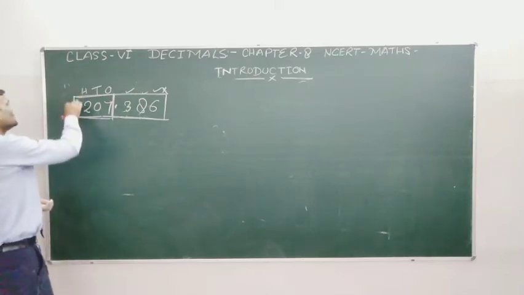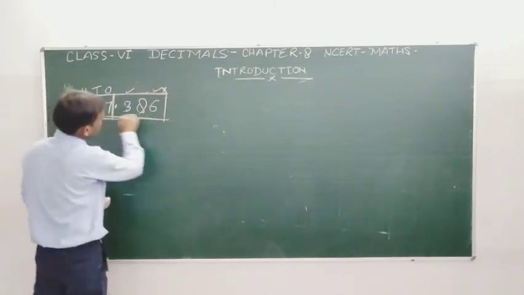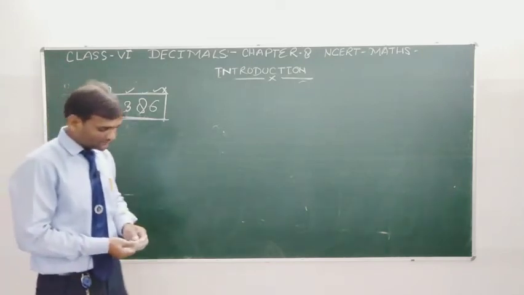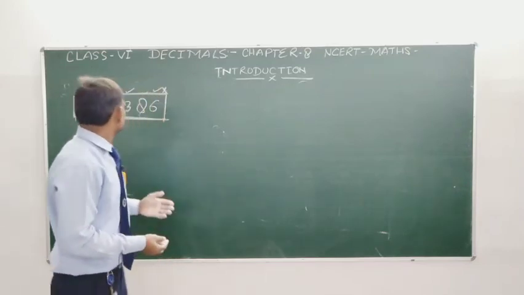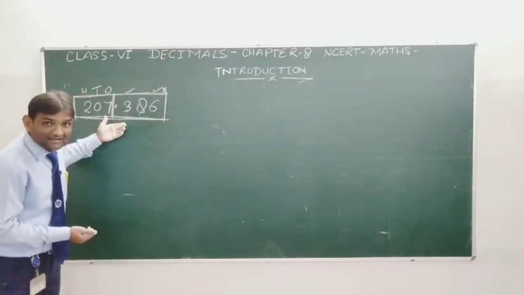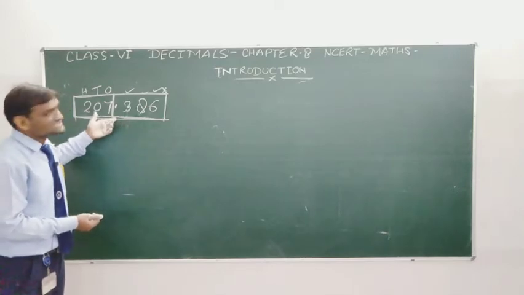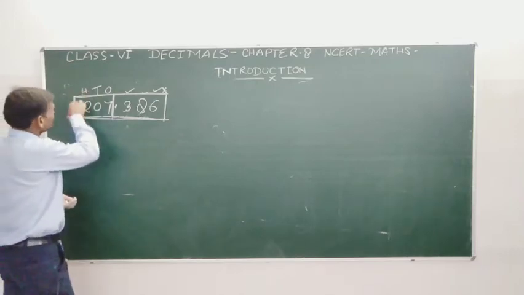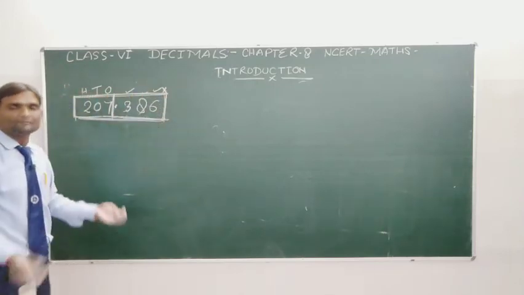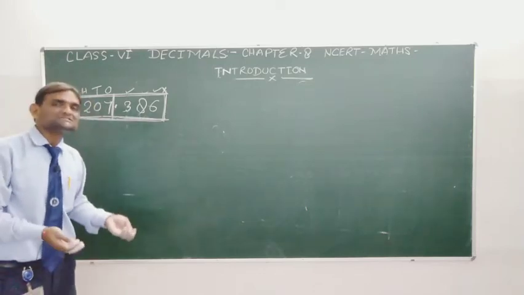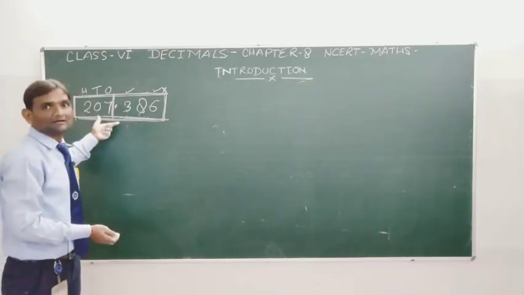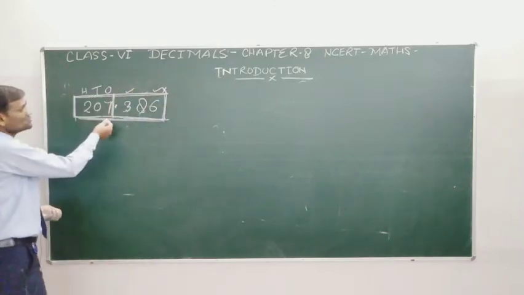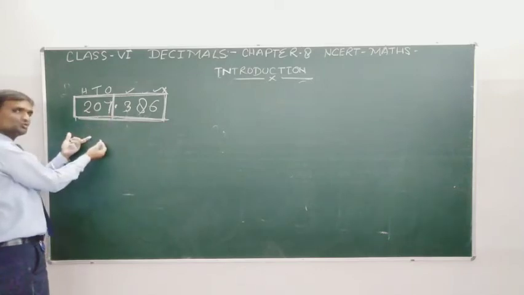And student, if you need to write the number name of this decimal number, then how can we write the number name? Student, as we are reading, in the same way we write the number name. जैसे हम पढ़ते हैं उसी तरीके से हम राइट भी करते हैं. Whatever you are saying, write in your notebook. You are saying 207, so write the 207 in words.